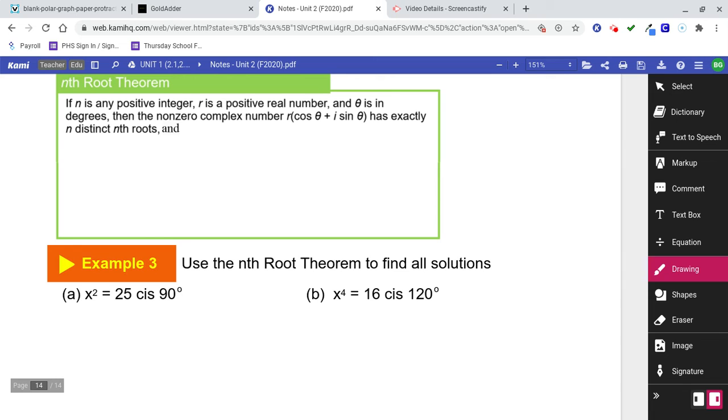Nth Root Theorem. If n is any positive integer, r is a positive real number, and theta is in degrees, then the non-zero complex number, r cis theta, has exactly n distinct nth roots. Okay, so there are n distinct nth roots or solutions, and the first solution